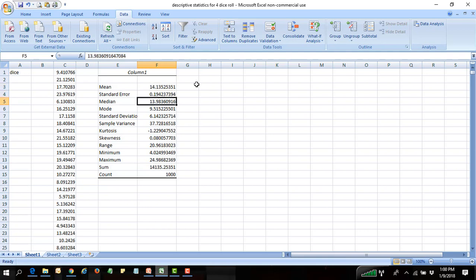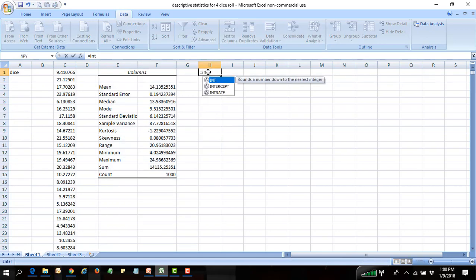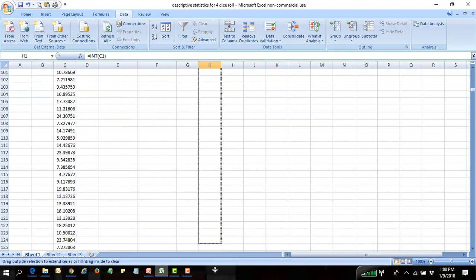So that's not really what I want, because the random number generator creates, if you will, decimal values as I go through. So let's get rid of those descriptive statistics, or I'll keep them. I'll do it over here. What I really want is the integer value of that to represent the overall values that I'm looking for. I'm going to copy this down quickly to roughly row 1,000, 1,001. Going to take a second,